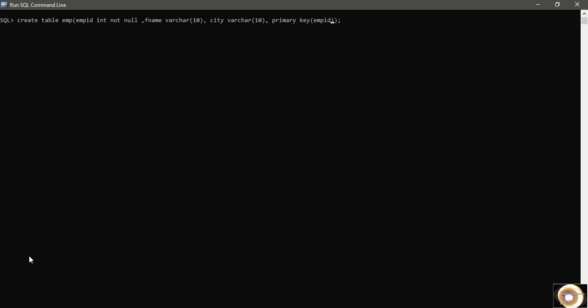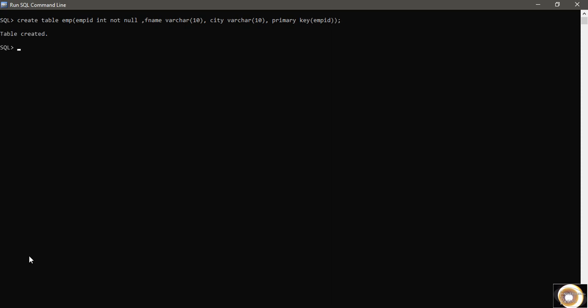You can write this primary key after the employee ID declaration, or you can write it at the end. I prefer to write it at the end because it is simple. First you define the structure for the table, and at last you define what your primary key in the table is.